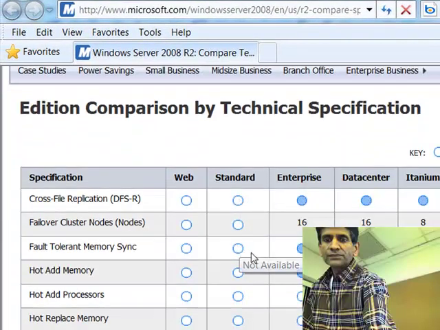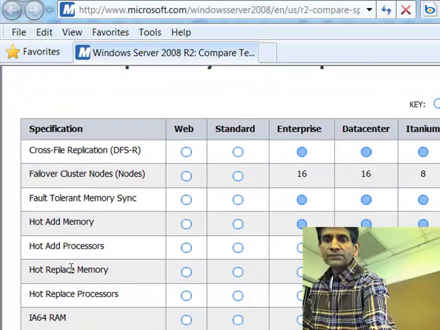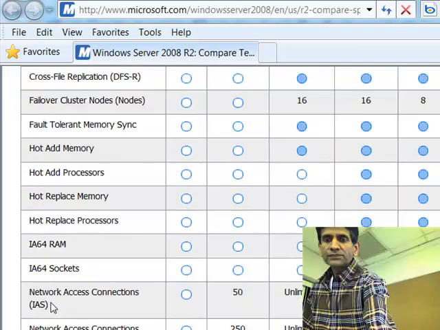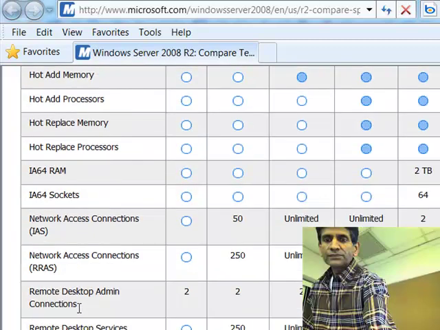Some of the things you might want to hot add memory. That means you can add the memory while the server is working. Replace memory, hot replace memory, and other things here. Network access connectors, 50. You might want to get more information. I'm not sure what it is right now. And the other thing is